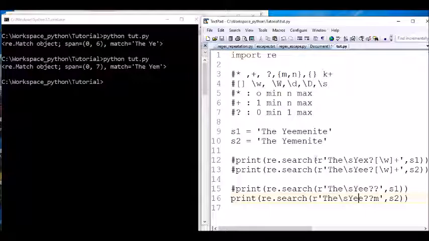That is the non-greedy taking the minimum, which is 0. That's why Y and E, and then the M is the last one. M here, the last one. That's why you see YM. That's the end of greedy and non-greedy. Thanks for watching.